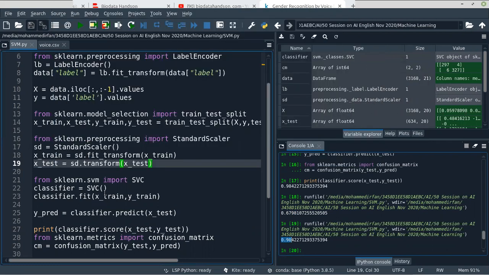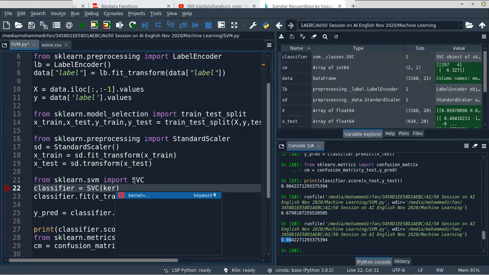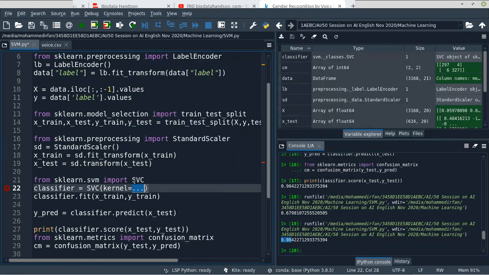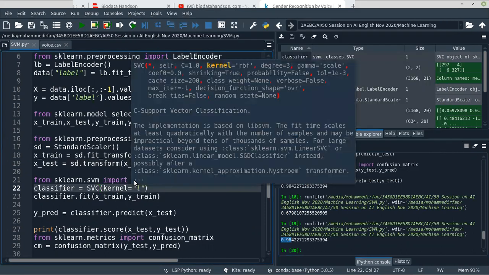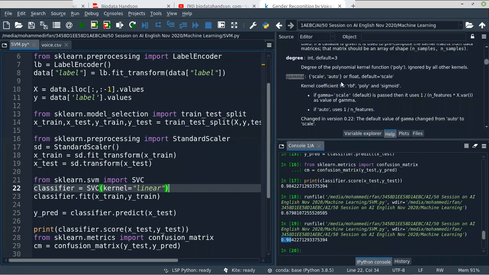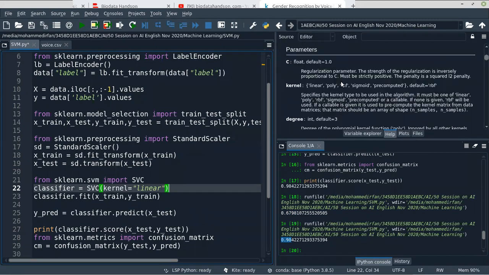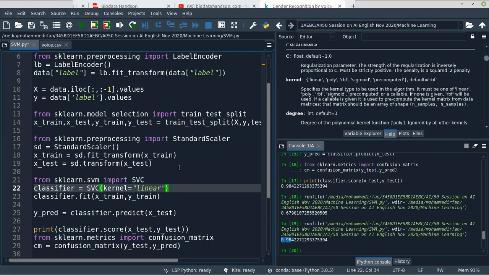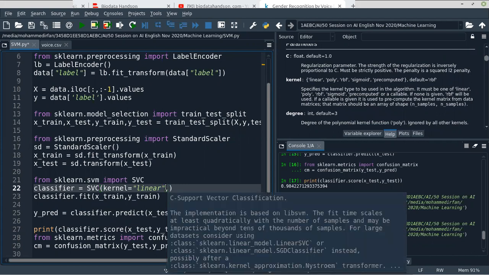Okay, now we'll explore the parameters in the SVC. I'm going to select the linear kernel, and we'll give the C parameter. If you are using the linear kernel, then you don't have to give the gamma value.